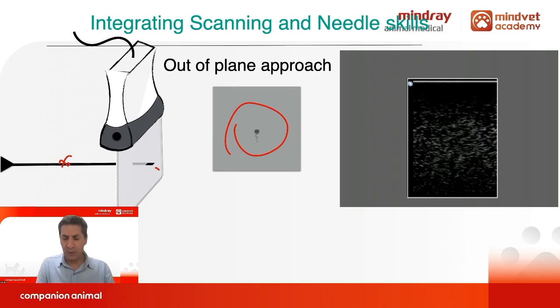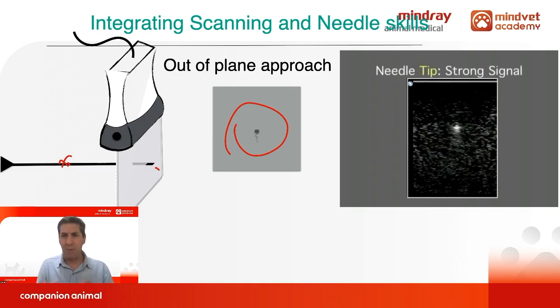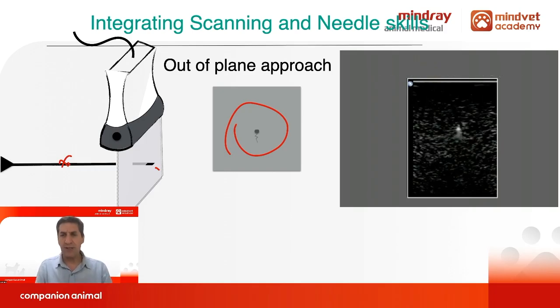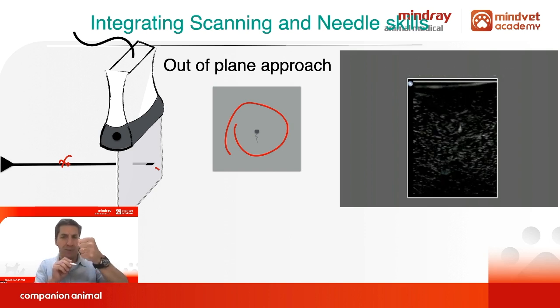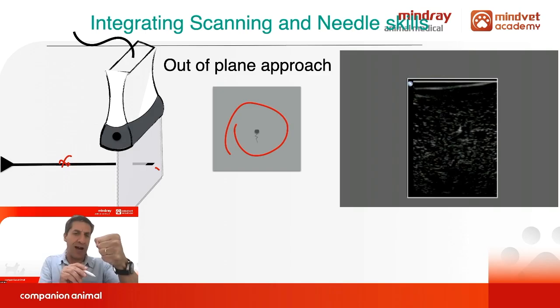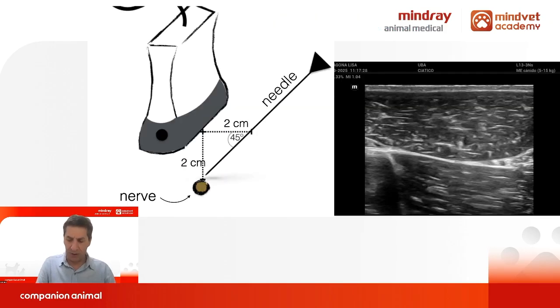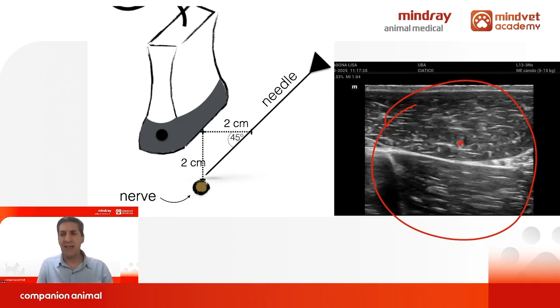As you can see, we will see a brilliant dot on the screen, which is the position of the tip. We used to follow the tip as the tip runs until the injection point. Pay attention to this. We have here our dot. Okay, this is again the sciatic nerve. In this case, we are making a